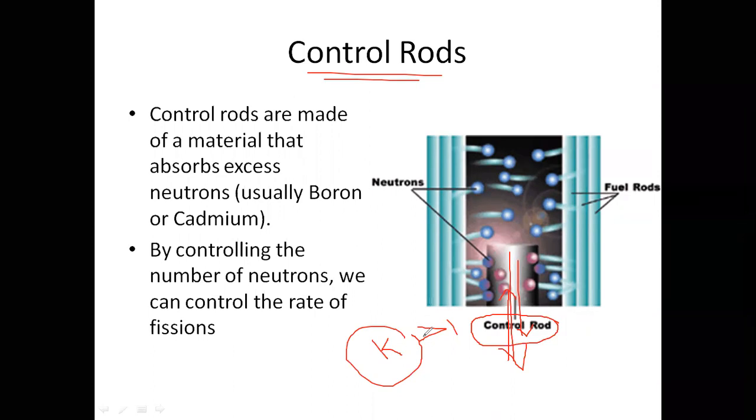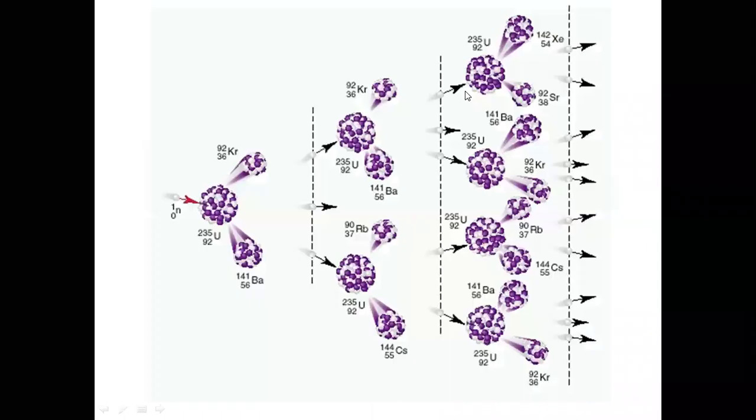And the whole power plant is controlled based upon the control rod. This is nothing but the chain reaction taking place, with the help of the fission process. One small neutron is there. We add uranium 235 and bombard it, and we get two small nuclei, one being lanthanum, bromine or krypton.